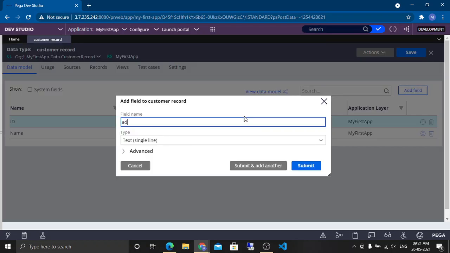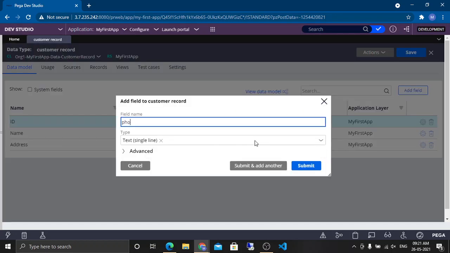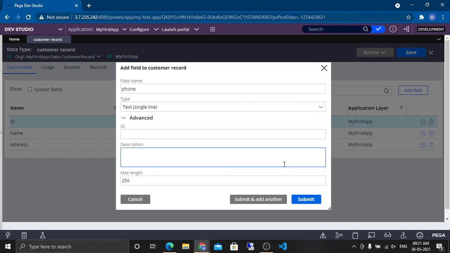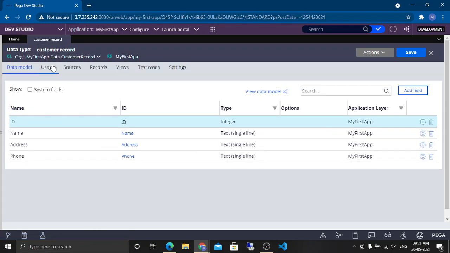Then we have address, and let's suppose we have phone number. So now we have a data class named customer record, which has these properties. So this is the class and these are the properties available under this class.